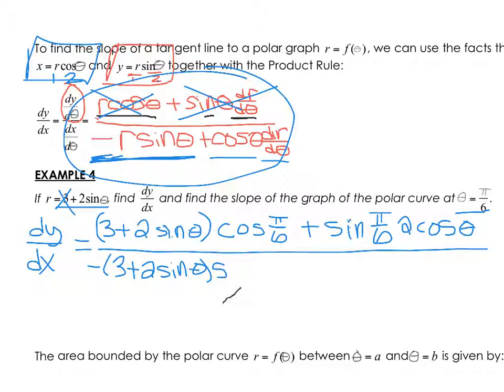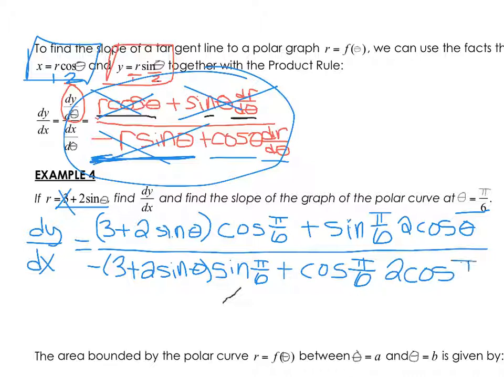Okay, so we've got sine. Oh, and I could be plugging in that theta is pi over 6. Sorry, I could have been plugging that in this whole time, even over here and up on the top there, because I am going to be plugging that in. Sine theta plus, okay, so that was this, plus cosine theta, which is pi over 6, dr d theta, and I already know dr d theta from before was 2